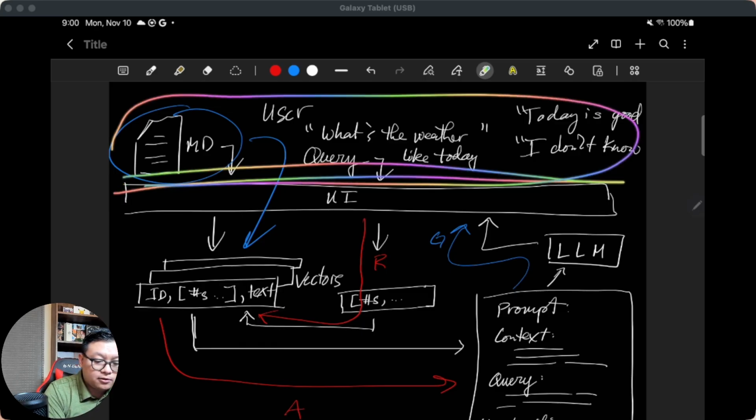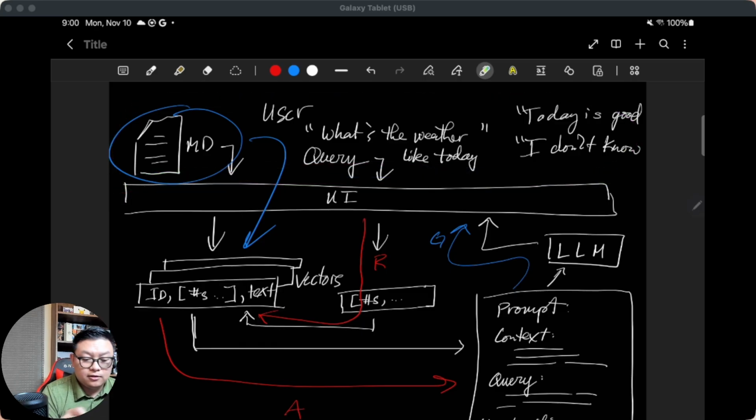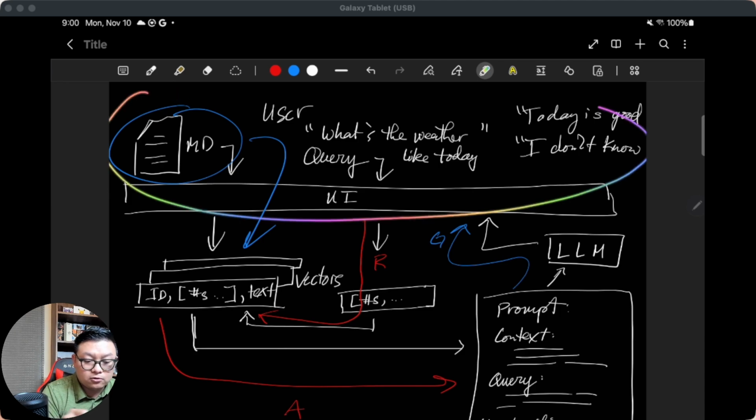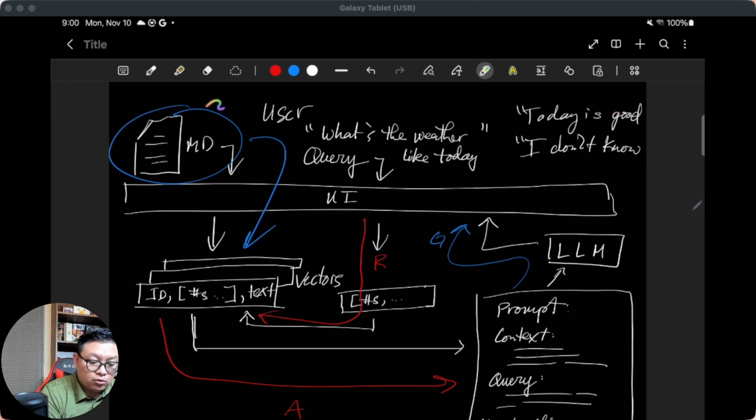this is what the user sees, right? This is all they see. You give it some data, then you ask it, hey, what's the weather today? And then what you expect is, in a couple of seconds, the large language model will return,